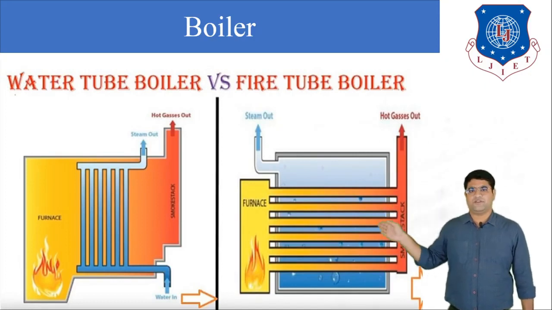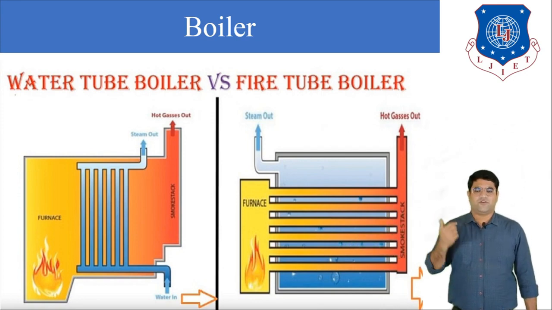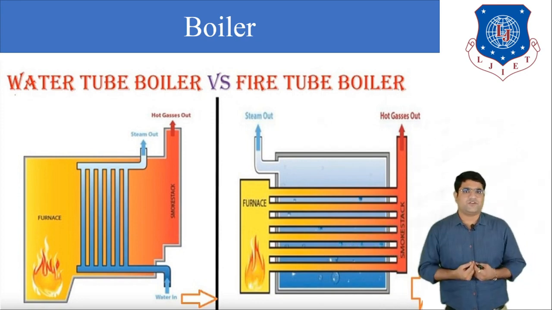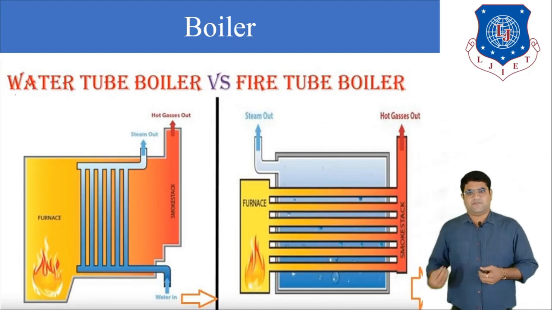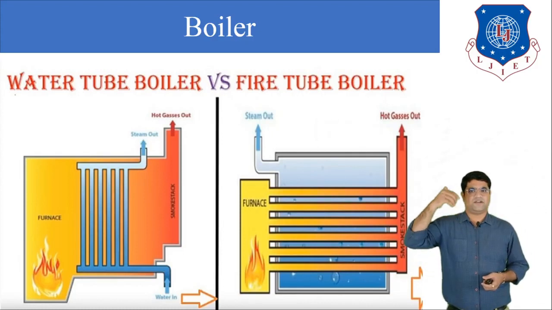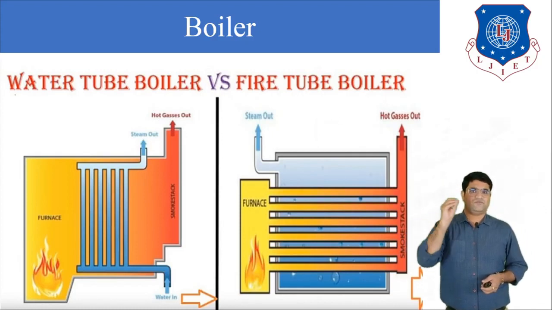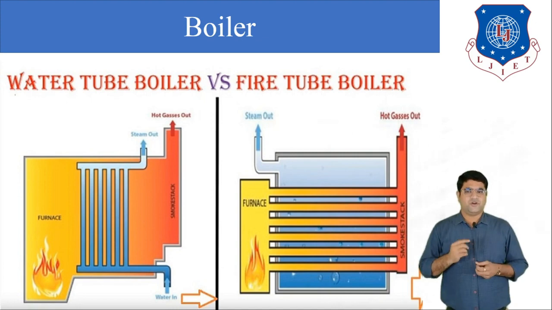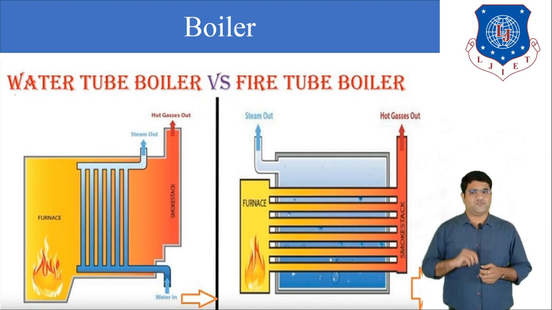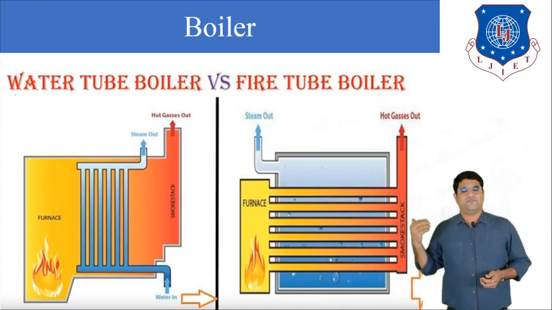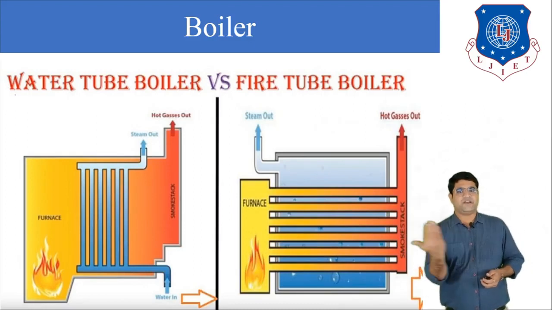Now in the water tube boiler, you can see what happens. In the water tube boiler, the water travels inside the tube. Here you can see that water goes from the bottom position and travels to the vertical tubes. After that it goes outward from the upper tube. Okay, so you can see in the water tube boiler the water is traveling inside the tube, and the flue gases travel surrounding the tubes.